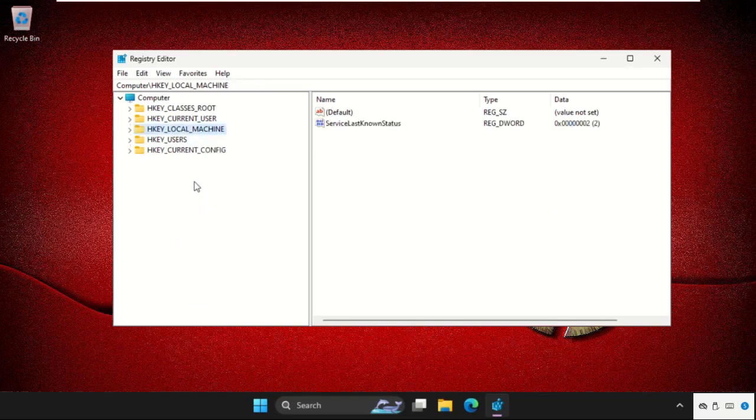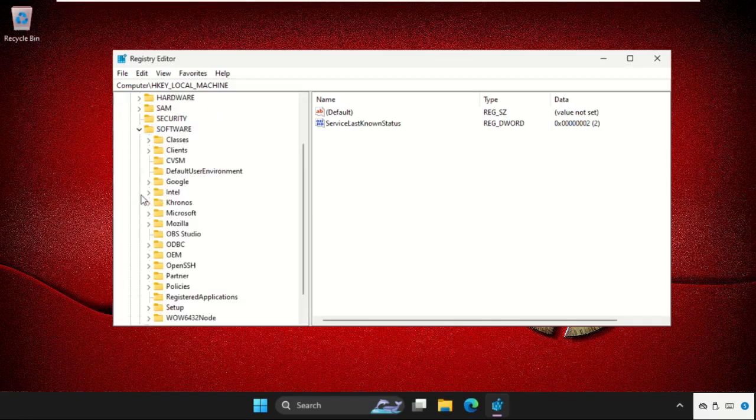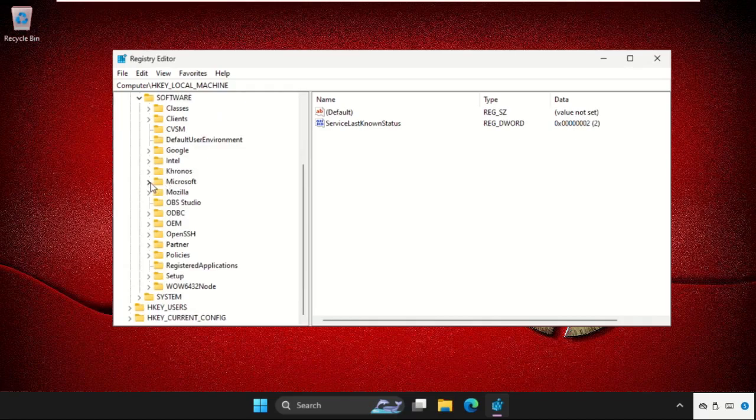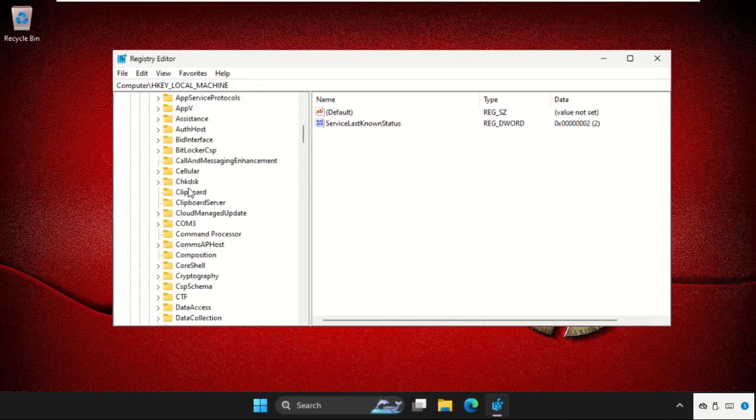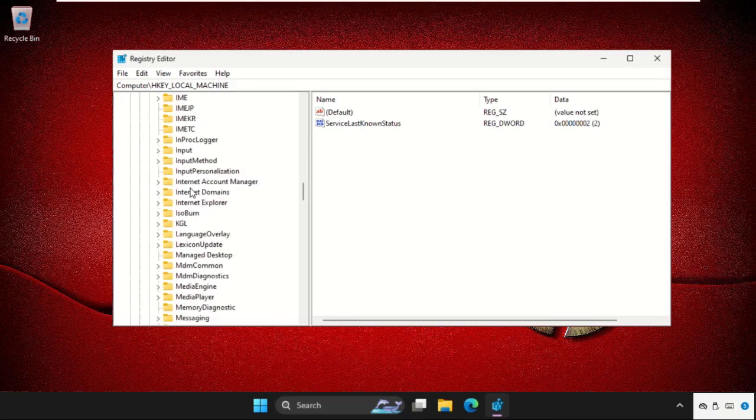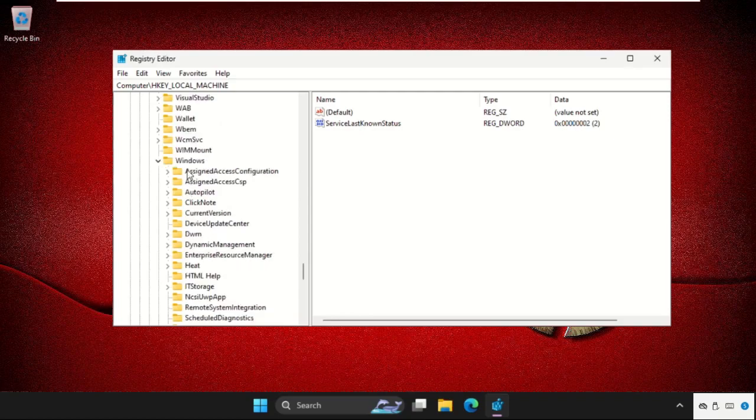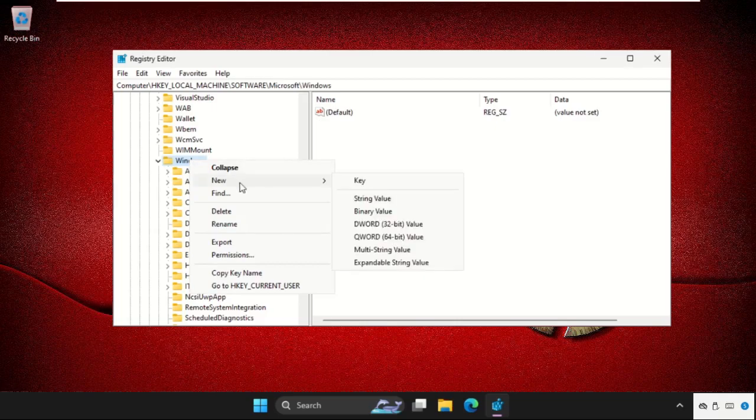So we need to expand HKEY_LOCAL_MACHINE, expand this, and then expand the Software folder, then scroll down, expand Microsoft folder, and then find out the Windows folder. Keep scrolling down. Here it is. Just expand this. So in the Windows folder we need to right click on the Windows, click on New and